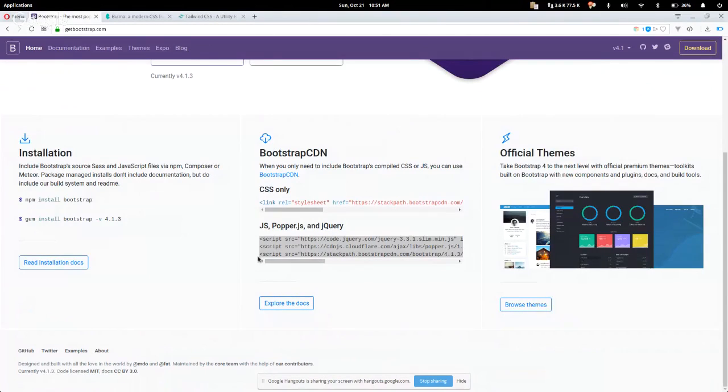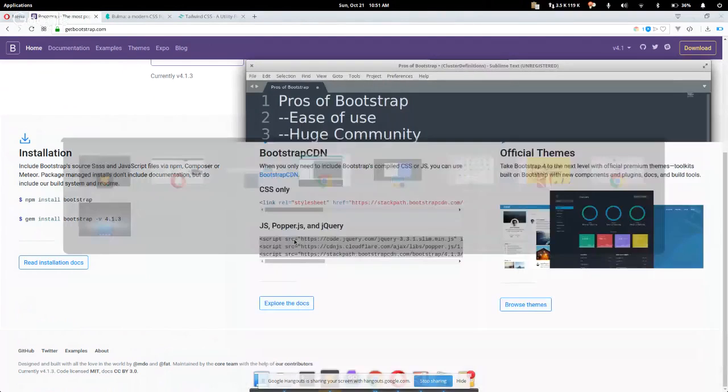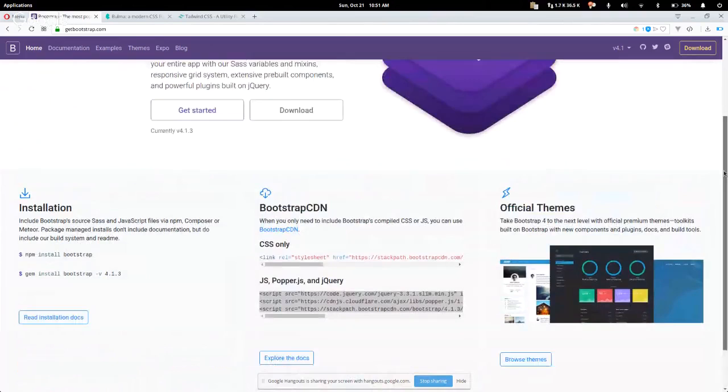I mean, think about it. Bootstrap is a CSS framework, and in order to use the proper power, the proper manner of the CSS framework, you need to add in some code. You need to add jQuery, you need to add popper.js, and then you need to add bootstrap.min.js as well. Three things. And another thing, most of the time,